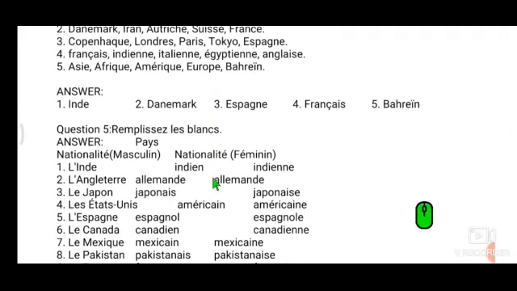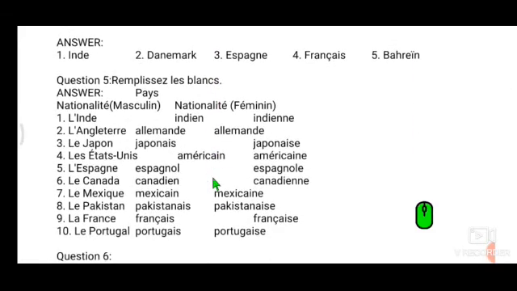Okay, so nationalities, this is one important thing you have to learn. You already know the nationalities, so it's an easier one, and I have taught you the shortcuts. So indien, single n; indienne, double n; allemand, allemande; japonais, japonaise. For the words ending in AIS, the feminine would be AISE. If it is single n, it will become double n, except American. So one or two will be a little different, so based on that